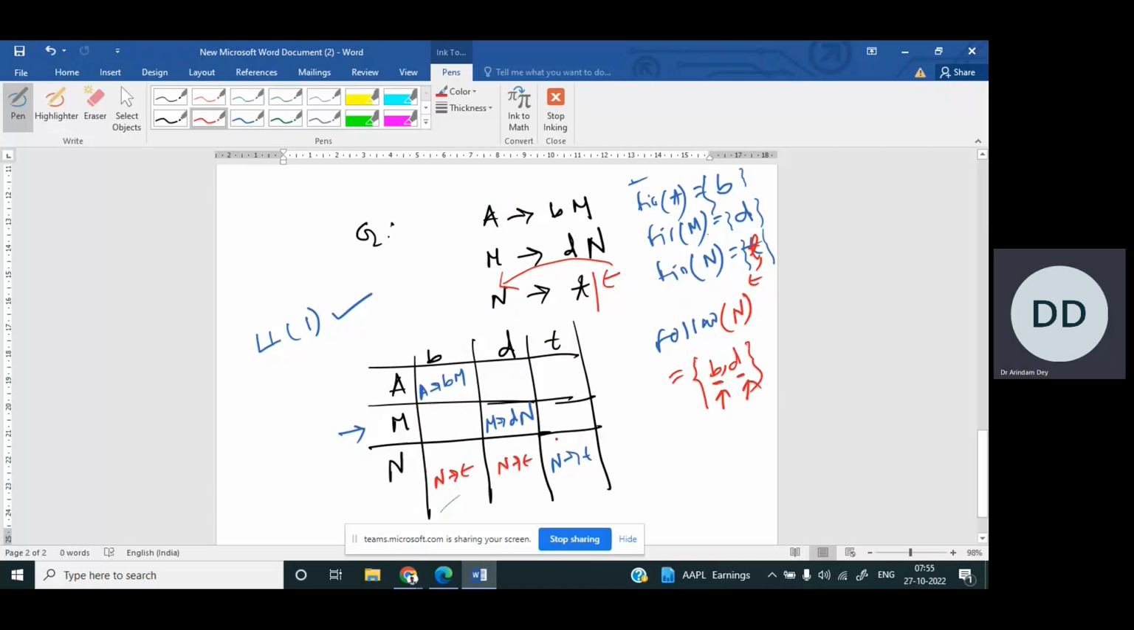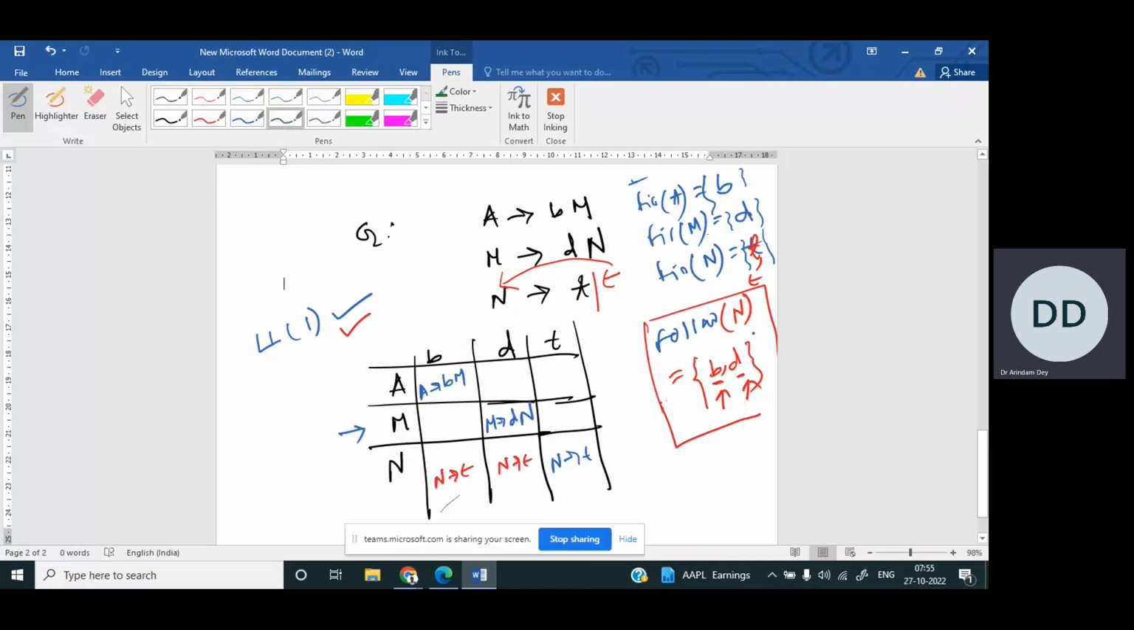Because this epsilon is being generated from N for these two terminal values B and D. Right. Now I still don't know what the follow of N will be, I am just assuming and writing here. Don't take it that I have calculated it. Now if I obtain B and D, then N to epsilon under B and N to epsilon under D, and I obtain this final table, then still the grammar is LL1,